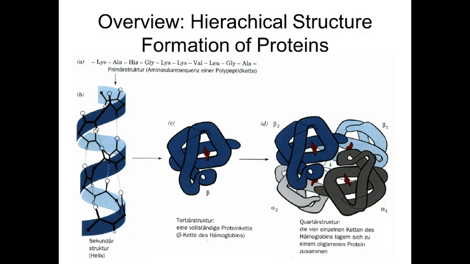In this case, hemoglobin has been chosen as an example, and this consists of 4 protein units that arrange into the characteristic structure of the multi-protein complex that is able to store oxygen, and which is a major component of our blood. This slide gives you an overview of the primary structure, the secondary structure, the tertiary structure,